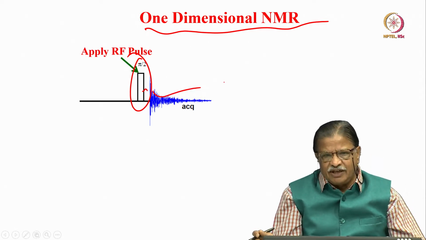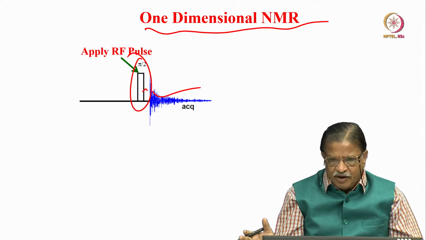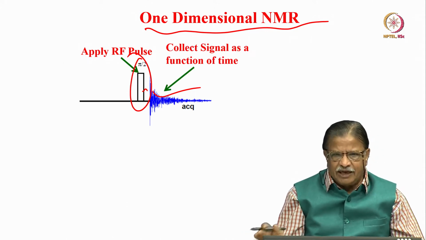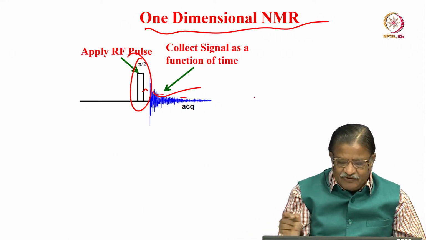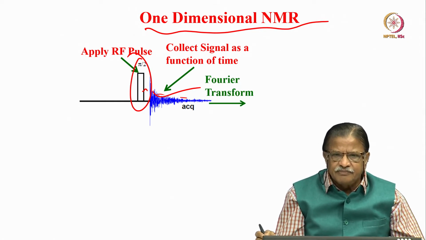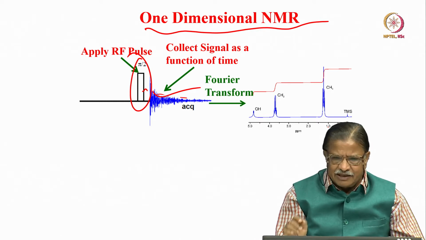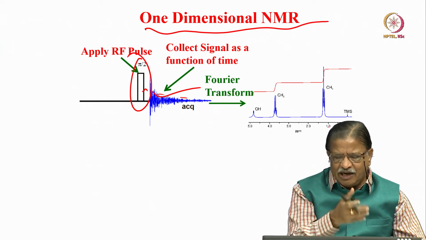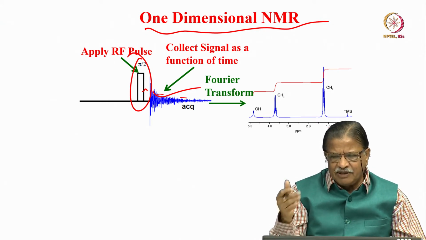This is called free induction decay. That is what we knew. We have been discussing it, I do not need to go into detail. And I am going to collect the signal as a function of time here. And then I will do the Fourier transformation. Then I am going to get the frequency domain spectrum like this. It need not be for this same FID, but some other spectra I am showing.